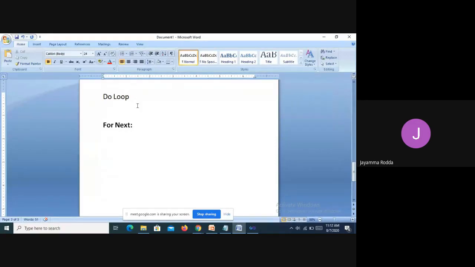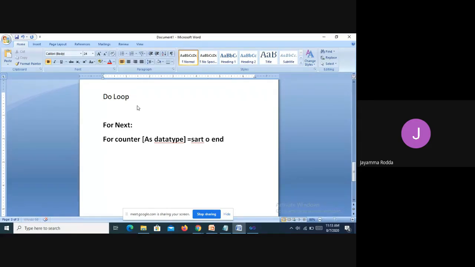So let us know the syntax for the for loop. For counter as data type is equal to start to end.